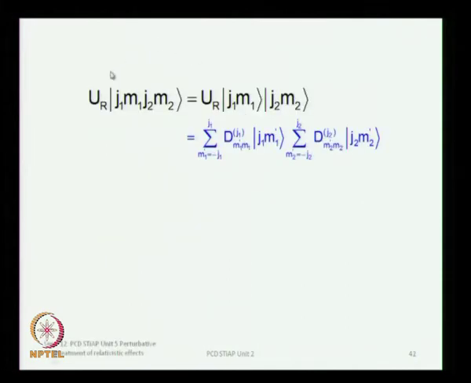So, this is what I was referring to earlier, that whenever you are subjecting these angular momentum states to rotations, you will remember that we discussed these relations in our unit on angular momentum. Both of these must undergo the rotation, and then you get the net result with a linear superposition of m1 prime vectors going from minus j1 to plus j1 and m2 prime vectors going from minus j2 to plus j2. So, this is the simultaneous rotation of the two